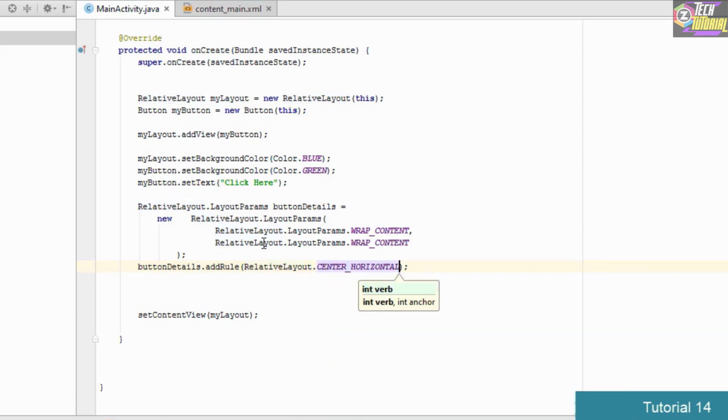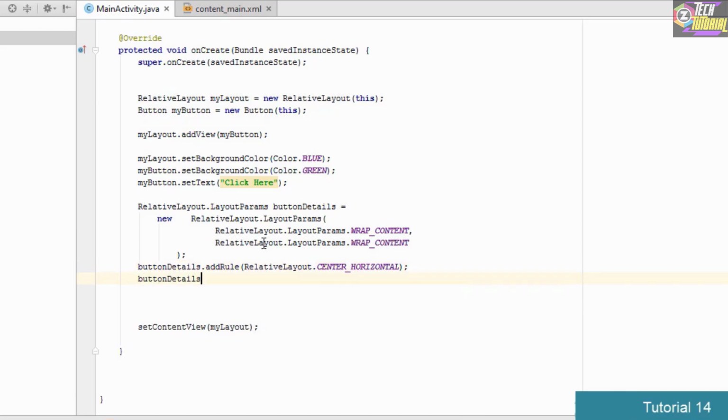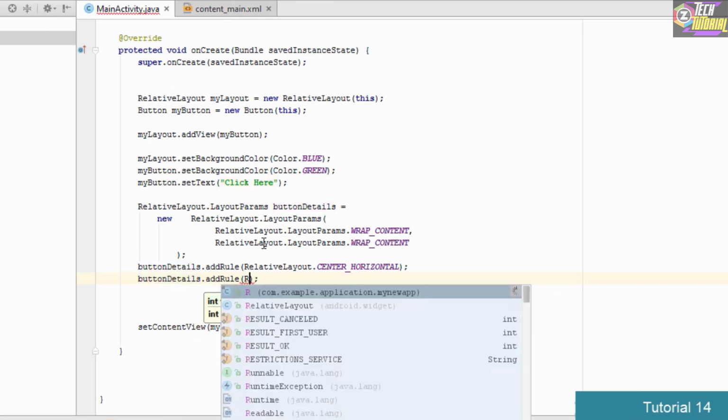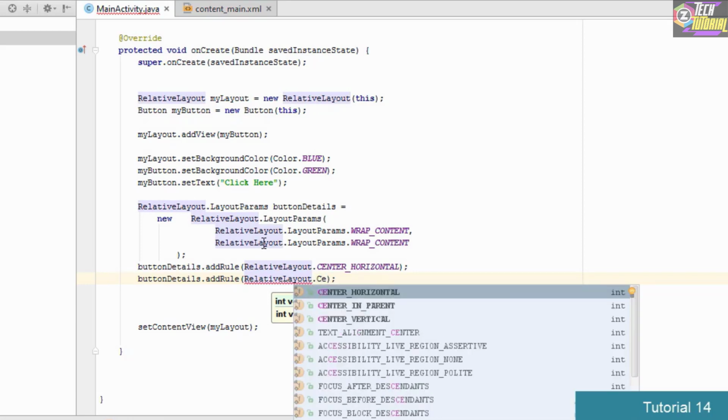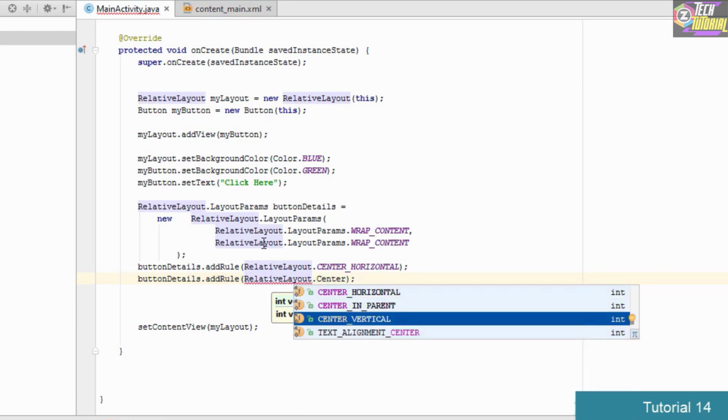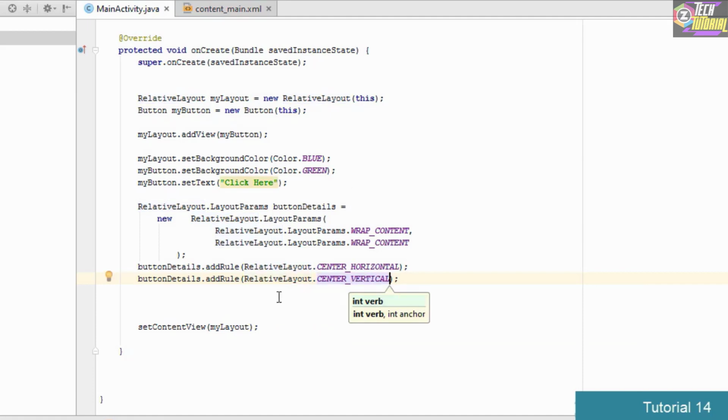Also we want to make sure that we have placed this button in the center vertically as well. So we go down here and again add the rule, typing buttonDetails.addRule, and this line of code is going to be the same. We type RelativeLayout.CENTER_VERTICAL, so that horizontally as well as vertically this button is aligned in the center.